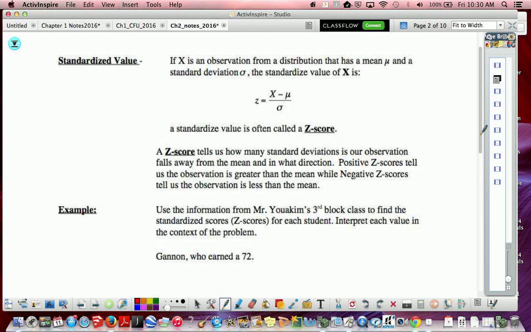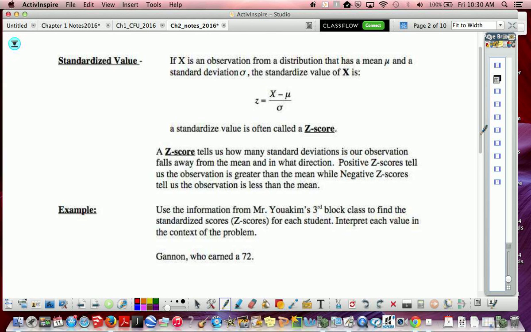A standardized value basically compares any score in a distribution to its mean, and asks yourself how many standard deviations, hence the word standardize, your score is away